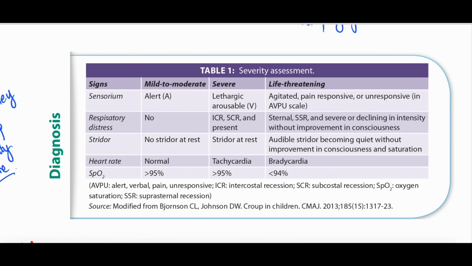For example, we divide the clinical features into sensorium, distress, stridor, heart rate, and SpO2. For example, if the child is very alert, we can say the child is having mild to moderate distress. Severe, if the child is lethargic but arousable. Whereas if the child is agitated, pain responsive, or unresponsive, we have to say a life-threatening sign is present. If there's no respiratory distress, the child is having mild to moderate croup, whereas if there are intercostal or subcostal retractions, it's a severe sign. Whereas if there are sternal, suprasternal retractions, severe or declining intensity without improvement in consciousness, then we can say there's a